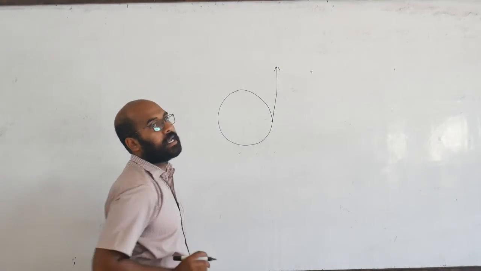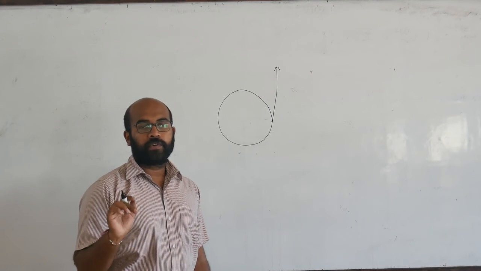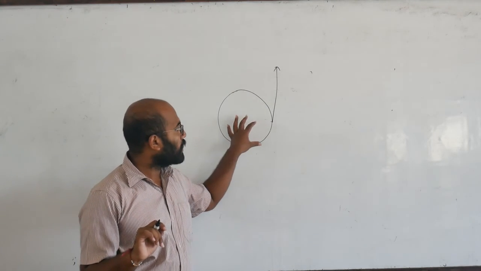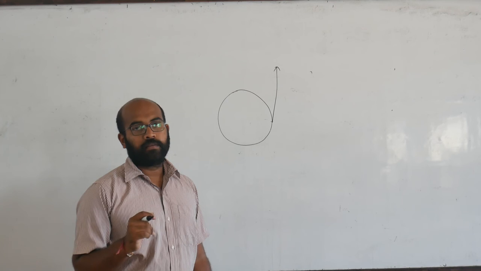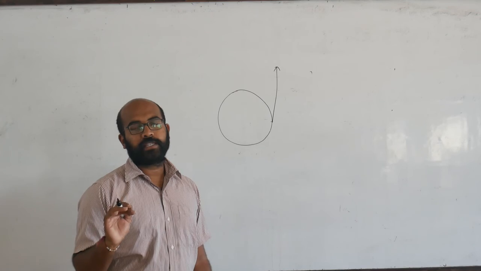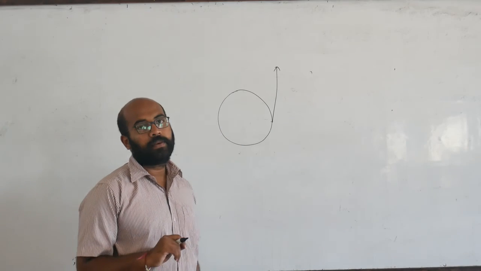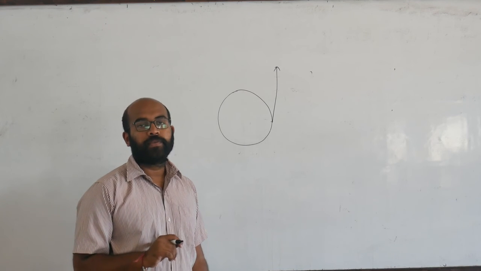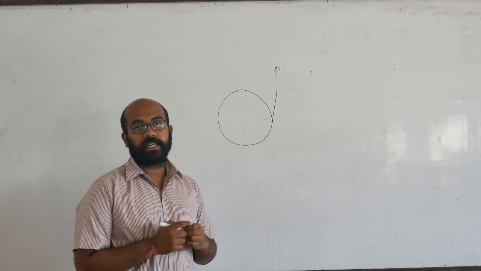So it does not go in a circular path, because of one of the forces that you will be studying in gravitation. So I'll explain in detail about this when I start the gravitation chapter, because there you will be studying in depth about the circular motion. For now, you just need to know what is circular motion. So any object that is traveling with uniform speed around a circular path is said to be traveling in circular motion.